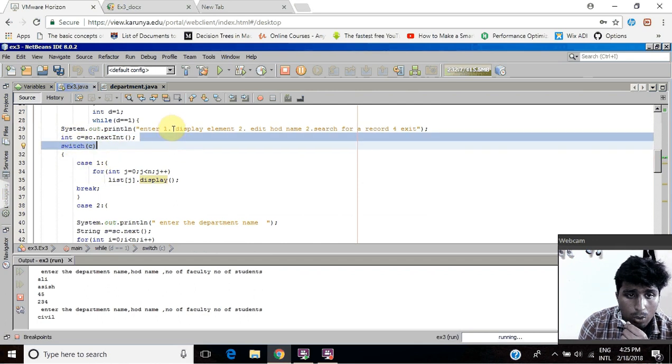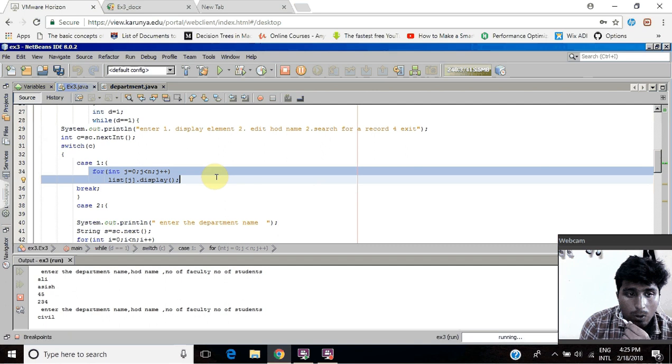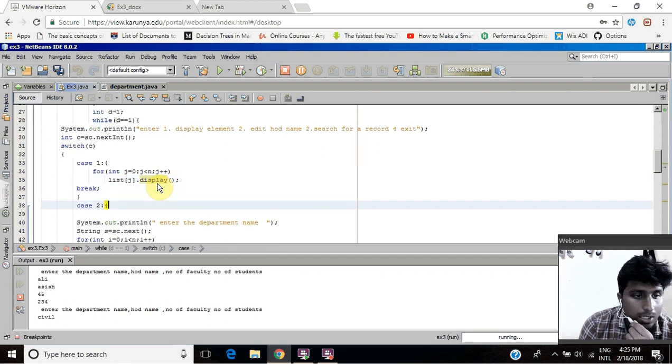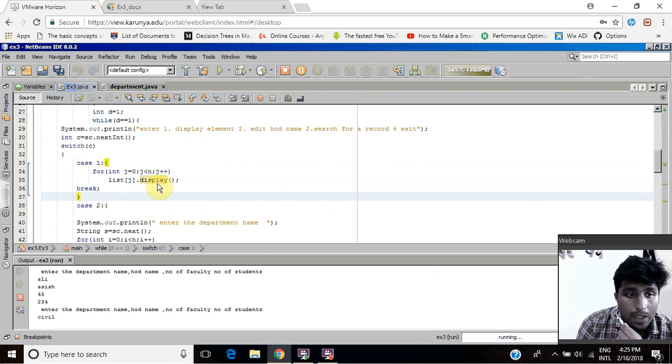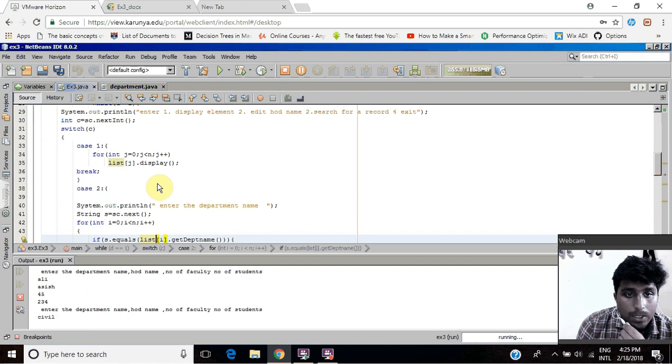So for case one, we'll display. Display actually means we are traversing the array of objects and calling each object's display function. The display function displays the details the particular object is handling, and we break out of the case, and if the second